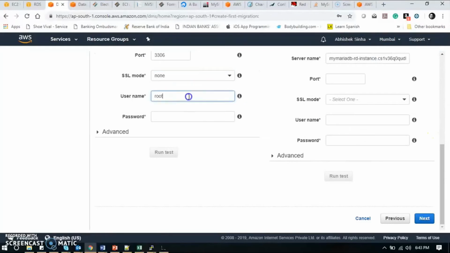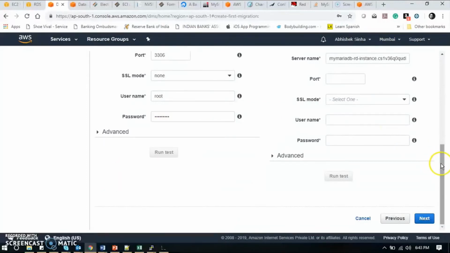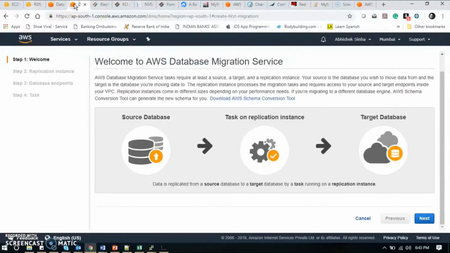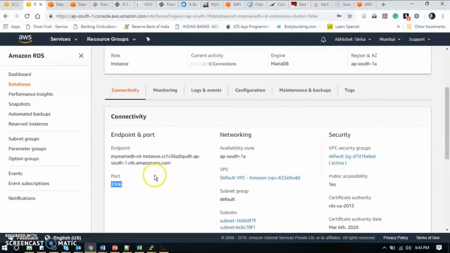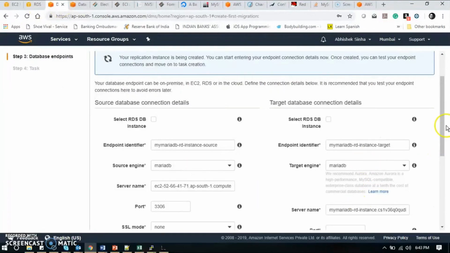If you have an SSL key you can always use it, otherwise I'm going to use my password. Then, if you remember, I have already created a database instance in my previous video. This is my endpoint and I am going to use this endpoint over here.